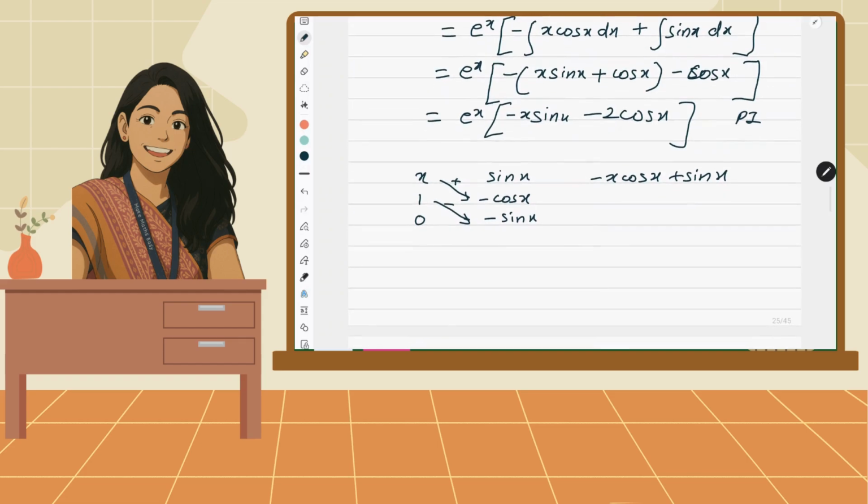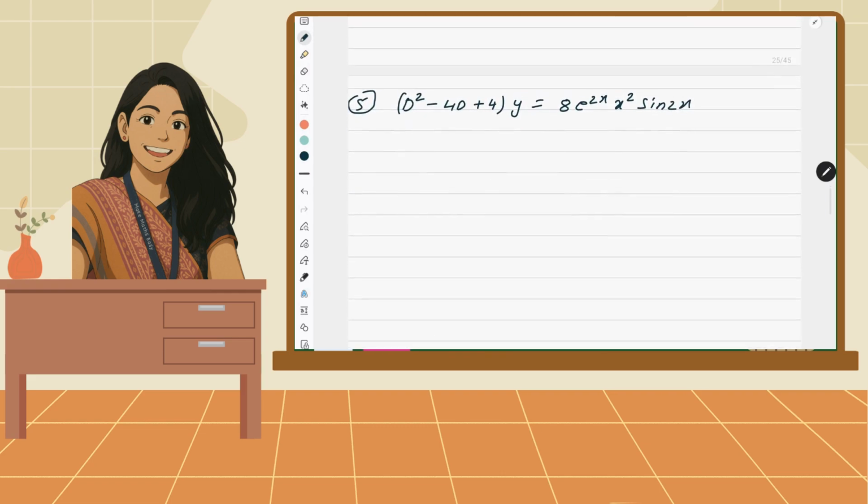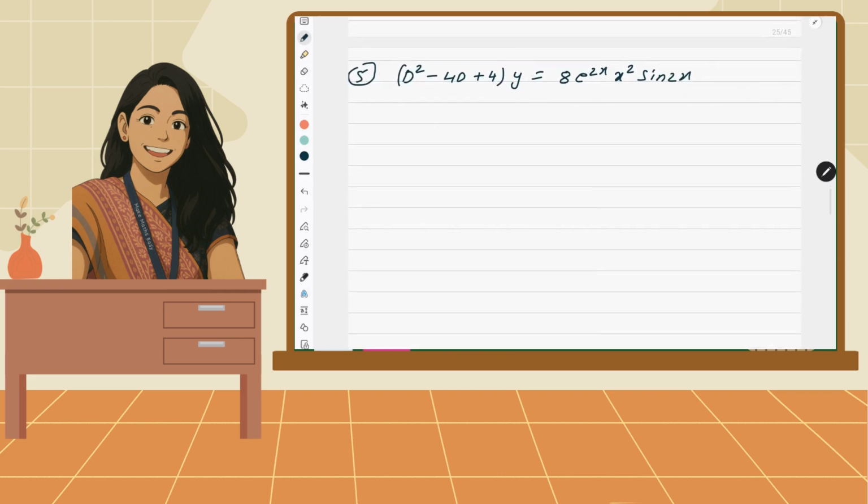Okay, now let's move to the next question. Now again the same category of question. It will be a little lengthy because I can see the power and all. Since x square is there, the integral will take time. The remaining is perfectly fine. Now if you want to start this question along with the 8, you can start along with the 8. If you want to keep 8 on hold, you can keep it on hold, and at the end whatever answer comes, you can multiply it by 8.